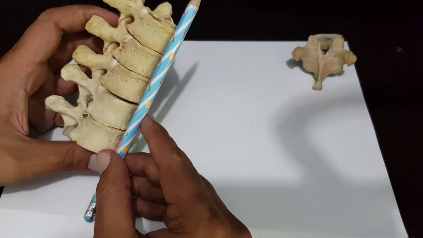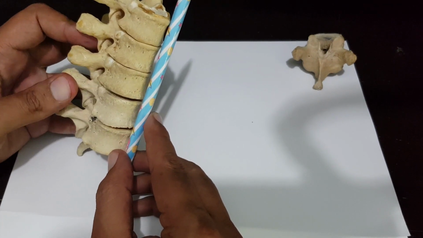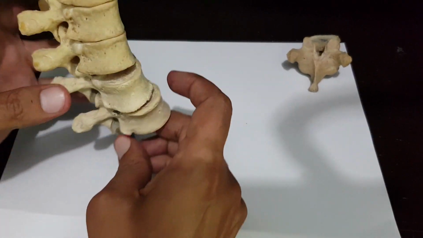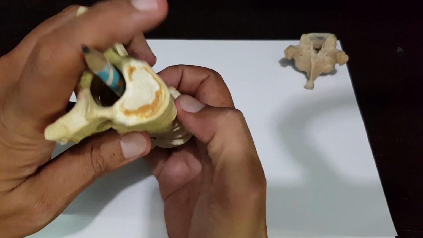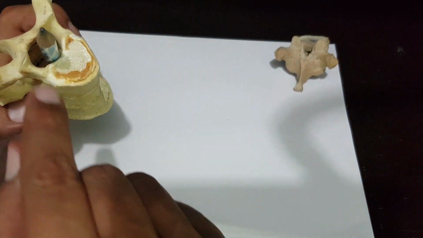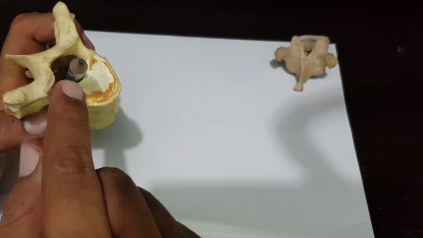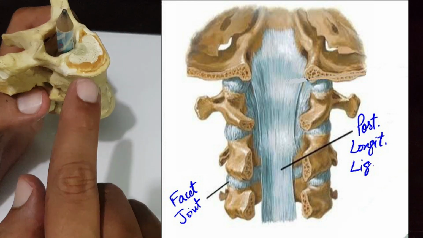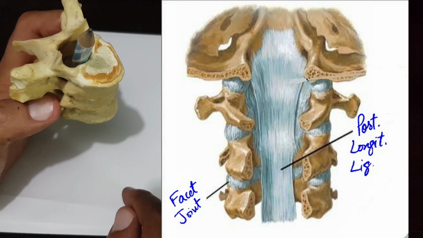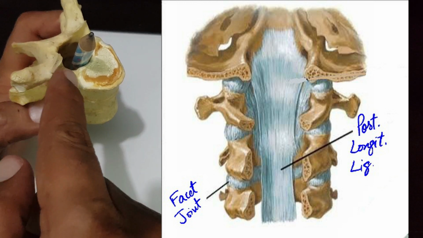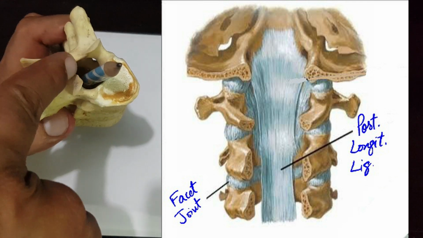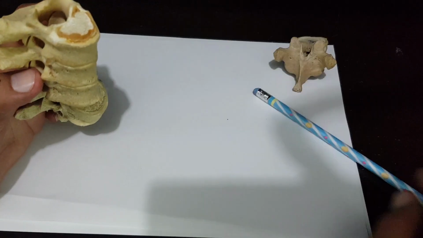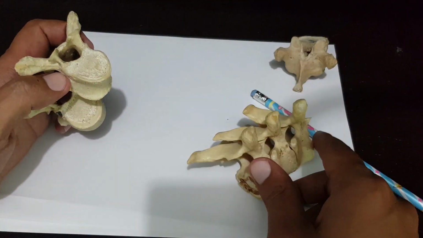Like this anterior longitudinal ligament that is present over the front of the body of all vertebrae, we have a ligament that is present over the back. This is the posterior margin of the vertebral bodies. All the posterior margins of the vertebral bodies get connected with one single ligament, known as the posterior longitudinal ligament. The posterior longitudinal ligament is present inside the vertebral canal. So these are the important ligaments that you should remember while describing the anatomy of the vertebra.